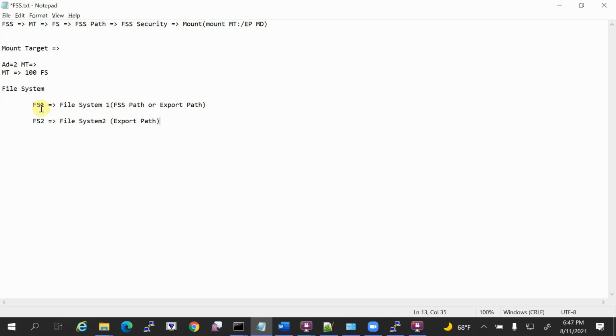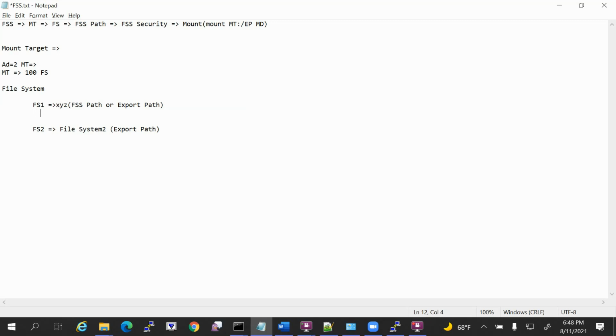So what is the export path for FS1? File system 1. It can be XYZ. What is the export path for file system FS2? File system 2. So when I am going to refer to this file system FS1, I am going to refer using the export path, not using the file system name. And each file system can be referred to by more than one export path.